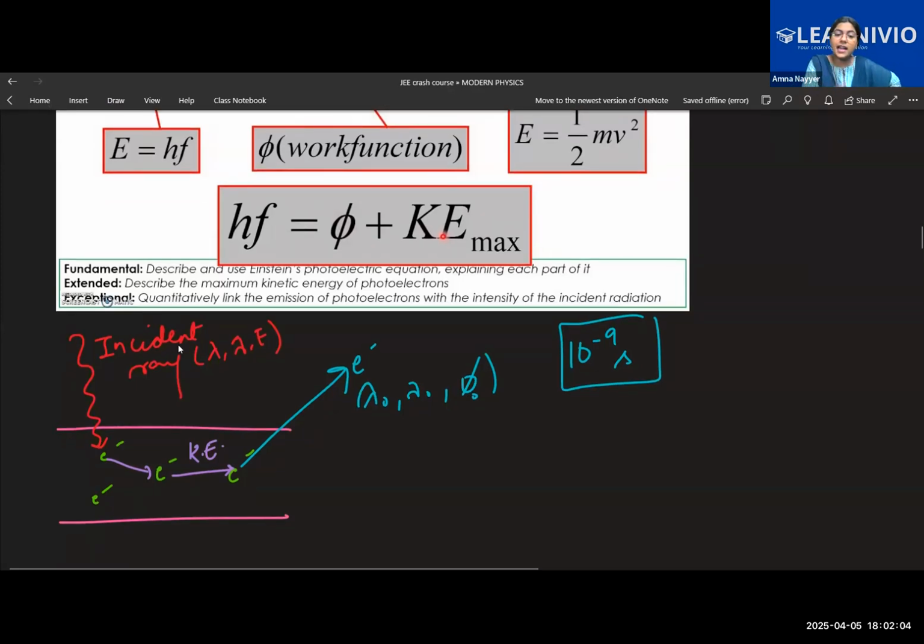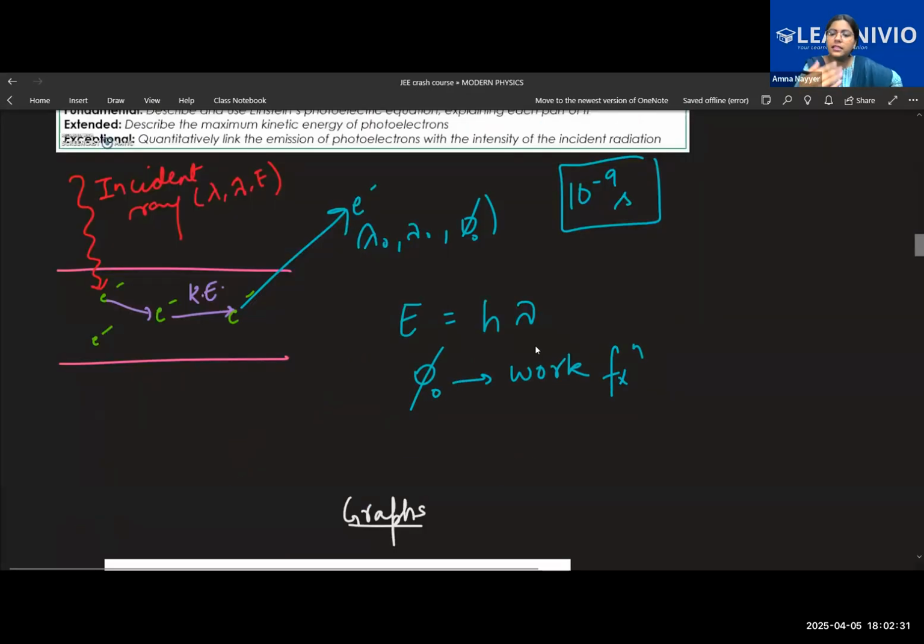Einstein added that there is this kinetic energy in between. So when you are equating all the energies, why are you leaving out this kinetic energy? The incident energy is h nu, and the energy of the electron is phi naught, the work function. What is work function? Minimum energy, right? The minimum energy required by the electrons to move. If you say the energy of the incident ray is exactly equal to the work function, this is incorrect. You need to include the kinetic energy also.